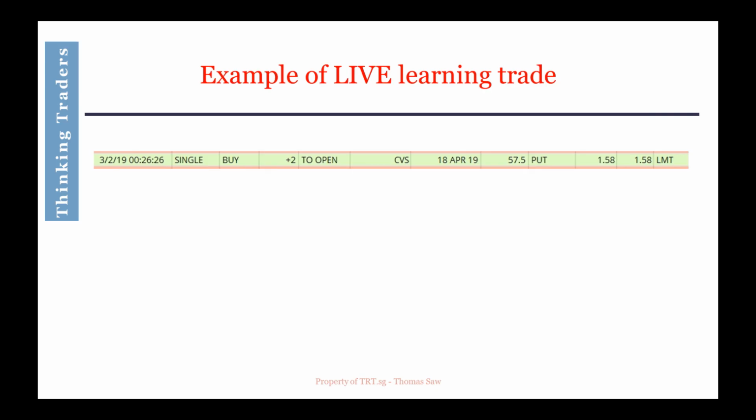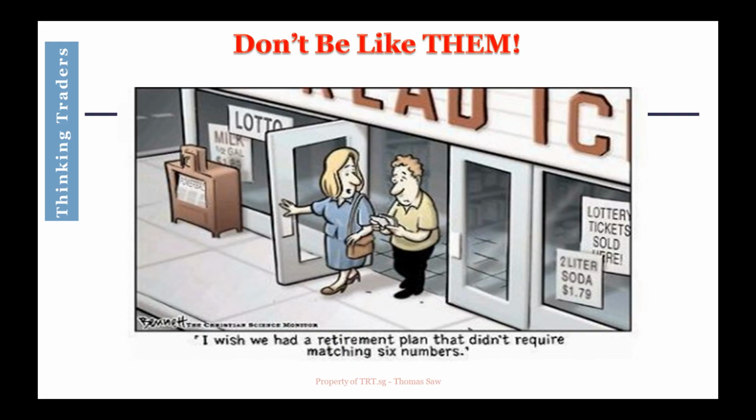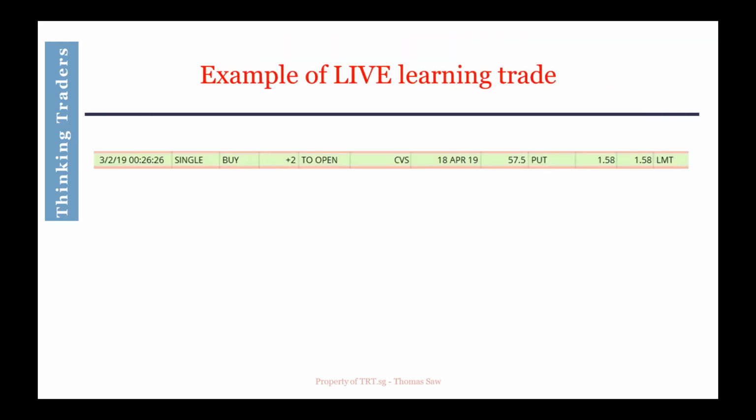Any questions so far? Yes, these are options. Why? Look carefully. I put $1.58. The share which I'm trading is about $59. If I short $59, that means my trade position, so-called capital at risk, if I short the underlying shares, will cost me $5,900. If I buy an option, it will cost me $1.58 only. So which one is better? It's up to you.